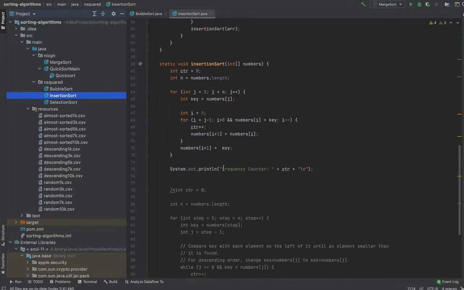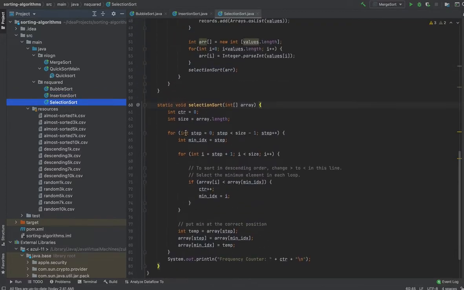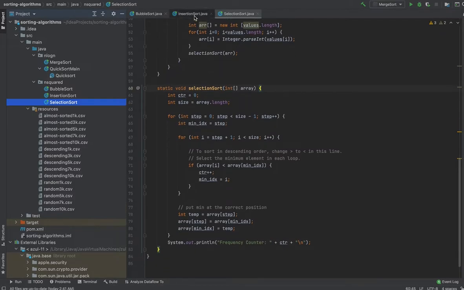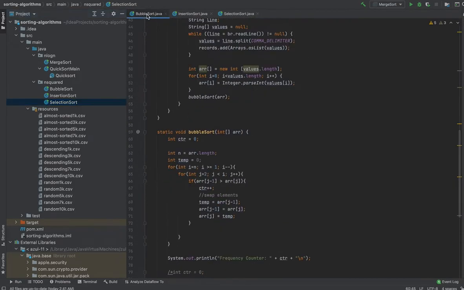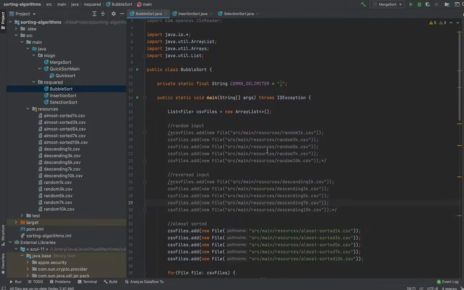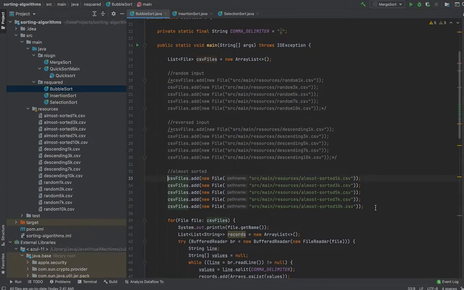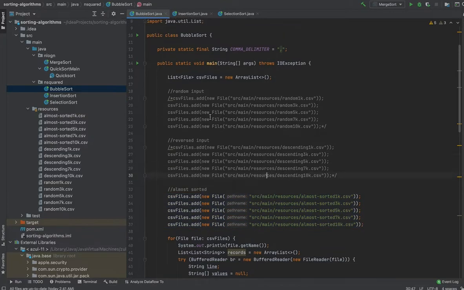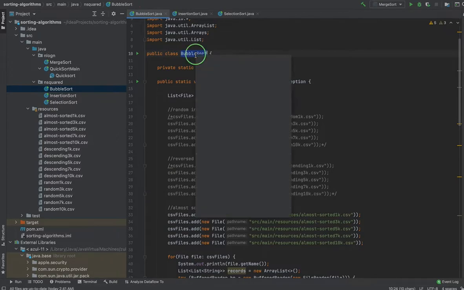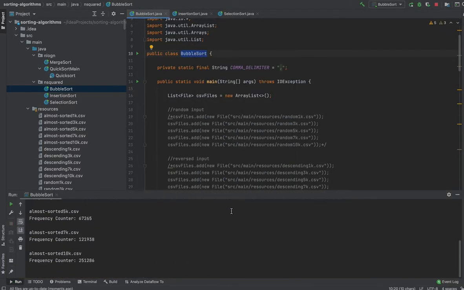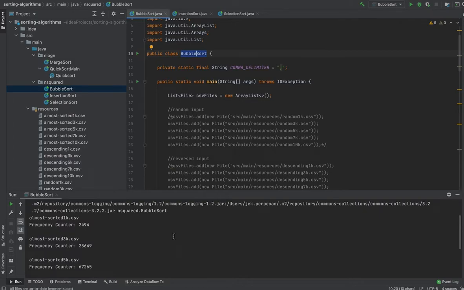I'll discuss first the findings for the n squared algorithms: bubble sort, insertion sort, and selection sort. For instance, I'll just try to rerun this to demo the program. I'll rerun the bubble sort using the almost sorted data input. This is just a sample output, wherein the program will output the type of